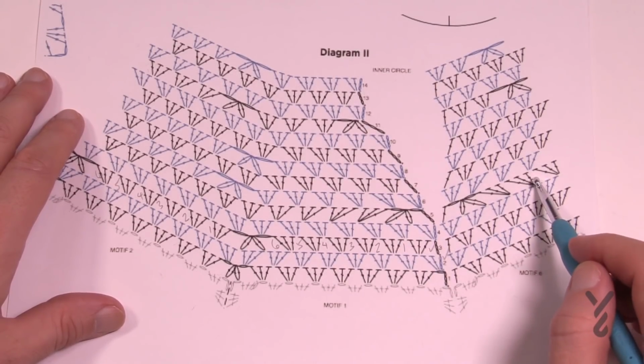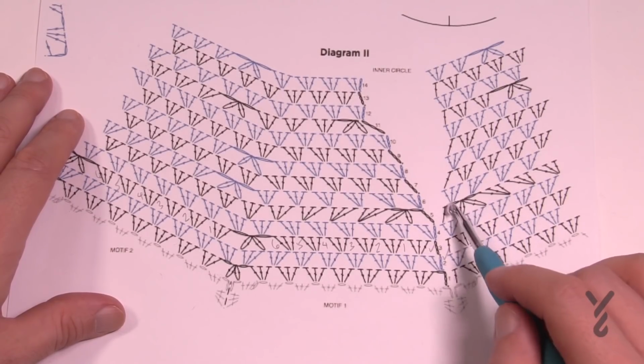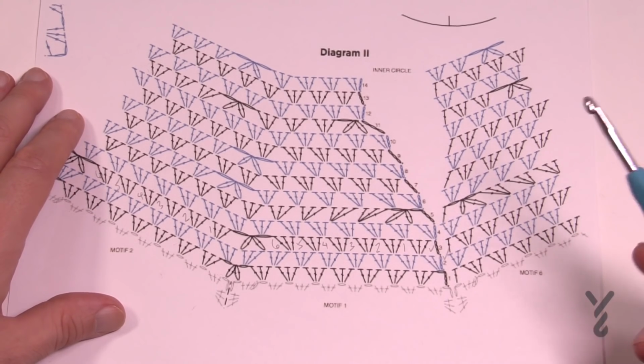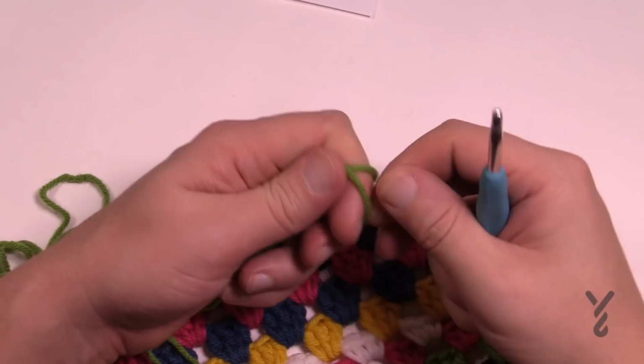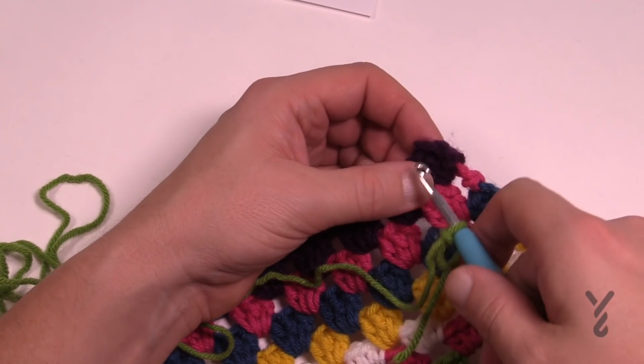And then finally when we come back around, the last two spaces that are available will become the cluster, and then you'll just put in a double crochet right in the end. So 5 is pretty easy too. So let's begin number 5. Okay, let's begin row number 5. We're just gonna start off with the slip knot as always. We're gonna come in the top of the first chain 3